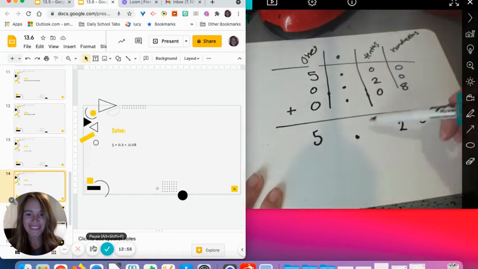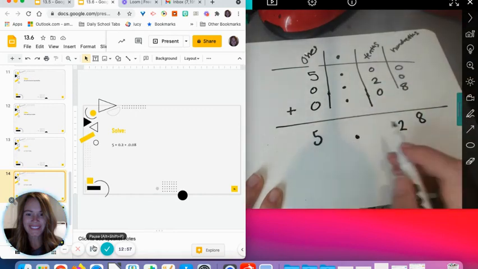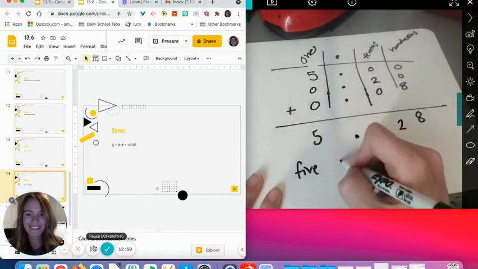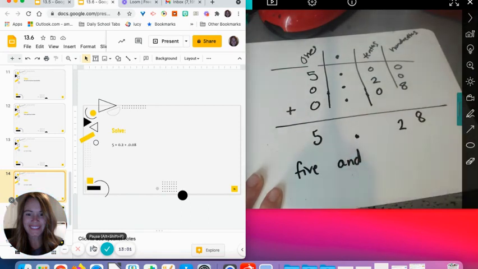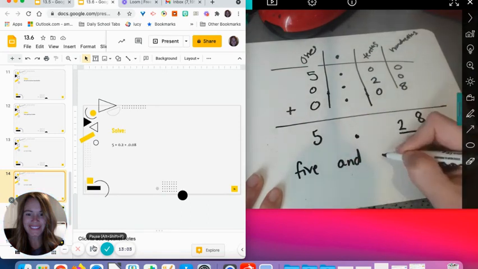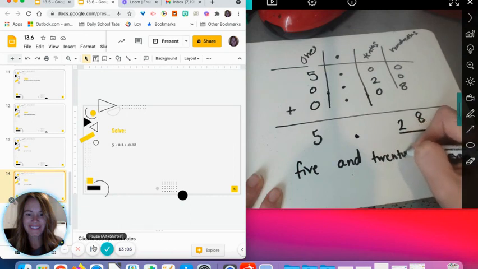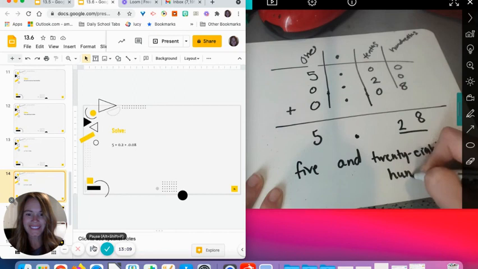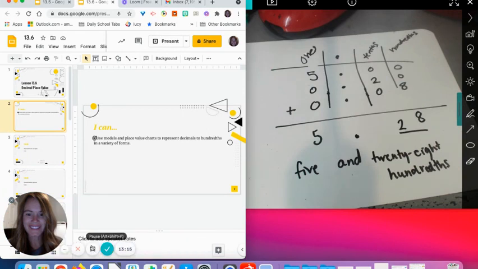And 5. So then if I write this in words, I have 5 and, because that's what that decimal means, put that together, 28 hundredths. That THS, hundredths. All right, so today we used some models and place value charts to represent decimals and